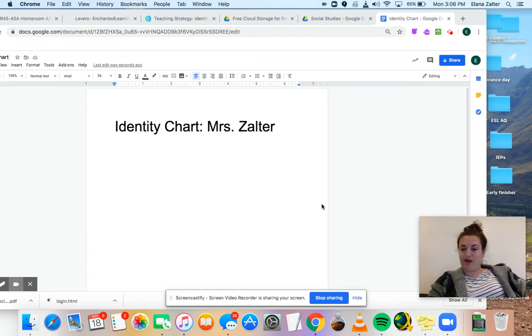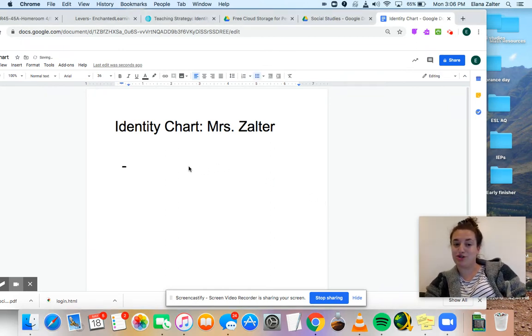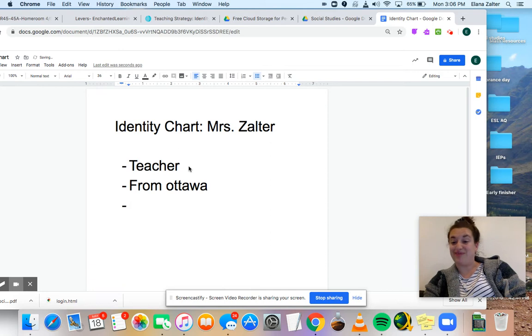So here is my identity chart. And I'm going to write down a list of things that define me for who I am. So for an example, I'm a teacher. I'm from Ottawa. I live in Hamilton.